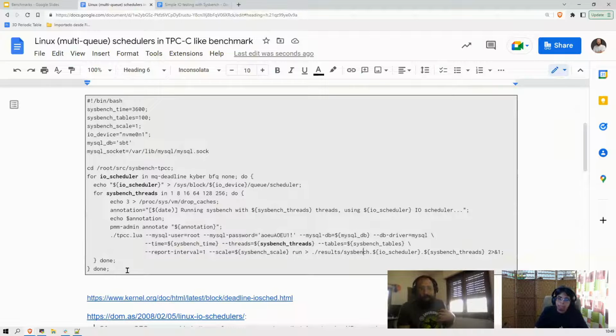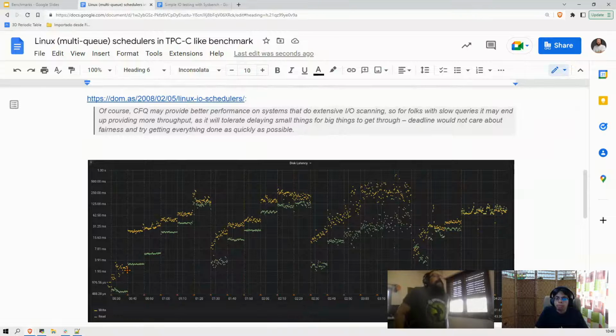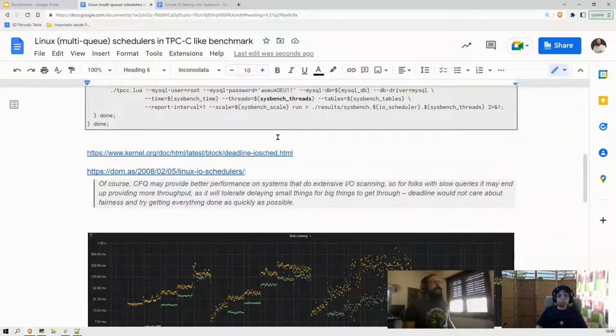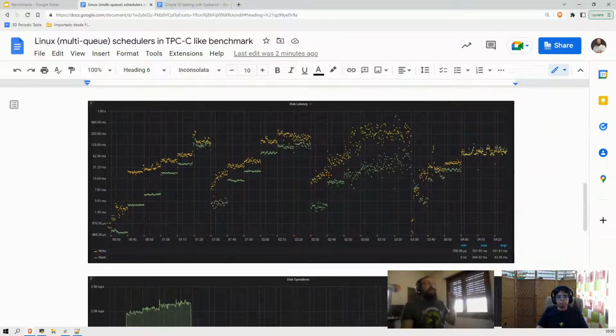And this benchmark was actually useful for us. So you can see it's not very hard, but it allowed us to build this plot. We took some notes. We were doing some IO scheduler investigation, so we took some notes. But here is the thing: